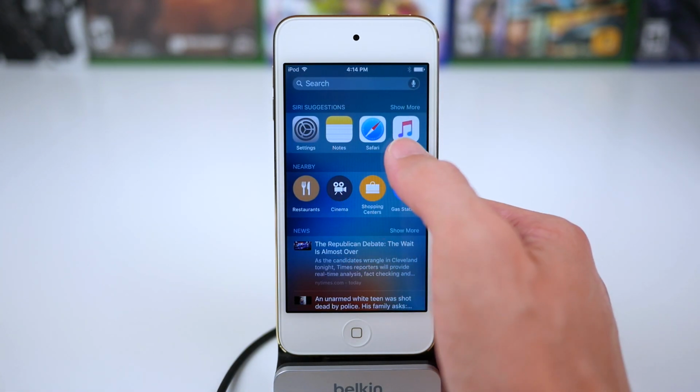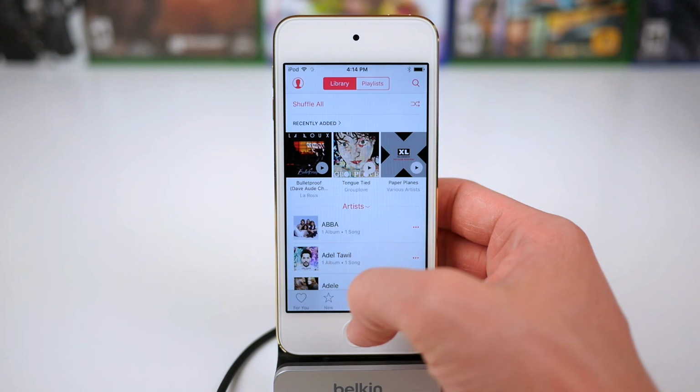Those are all of the currently discovered changes in iOS 9 Beta 5, but if new ones are discovered, I'll